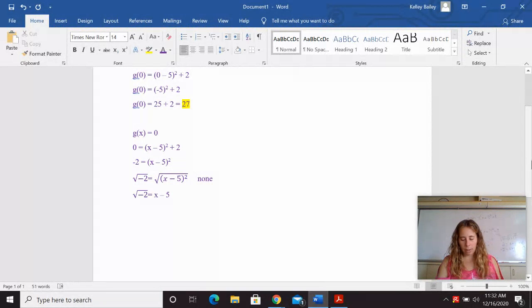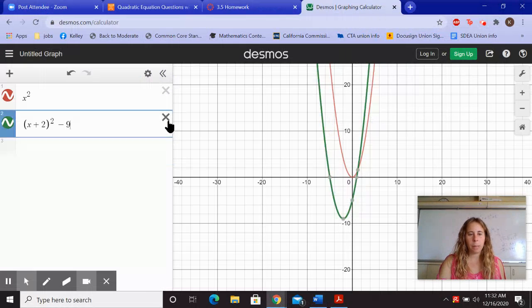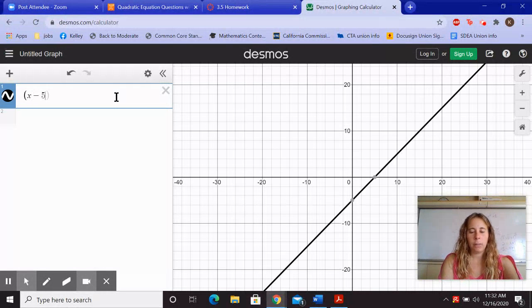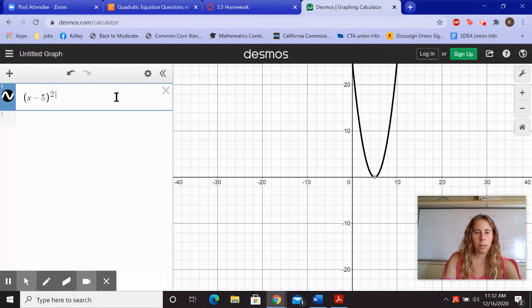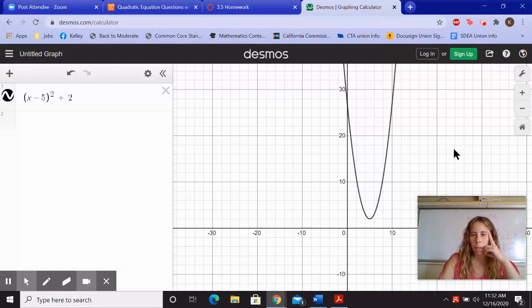Actually, no, I wanted to graph that real quick. Let me graph it, so I can prove to you that there are no x-intercepts and that our y-intercept is in fact 27. So it's (x minus 5) squared plus 2. See? There are no x-intercepts. It never touches the x-axis. And our y-intercept,